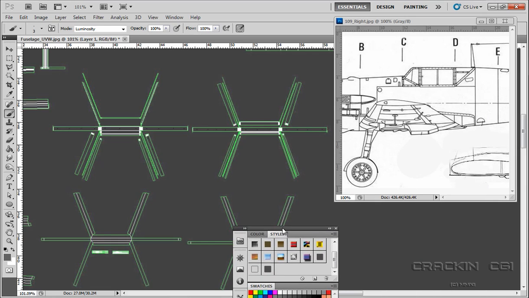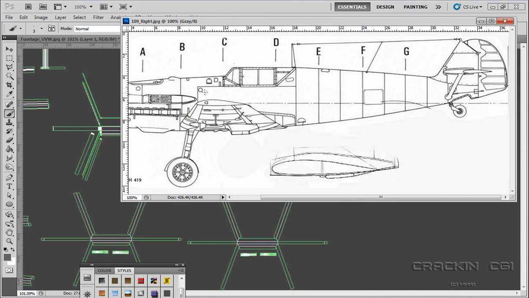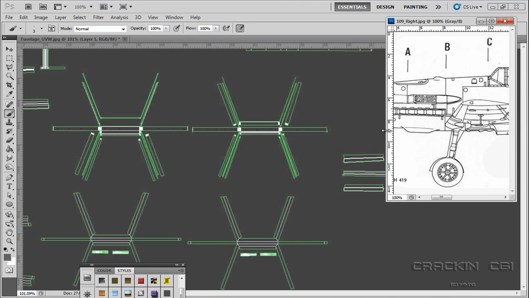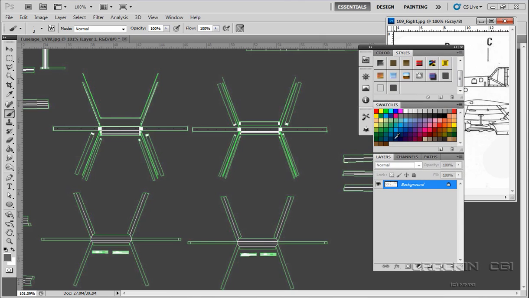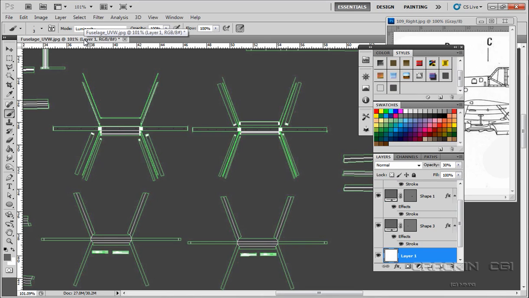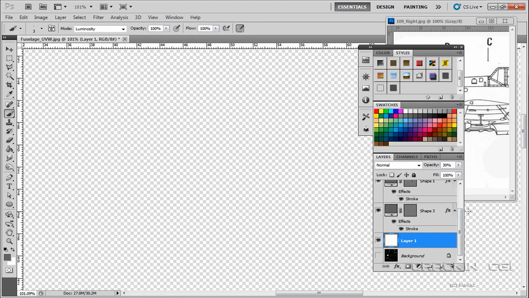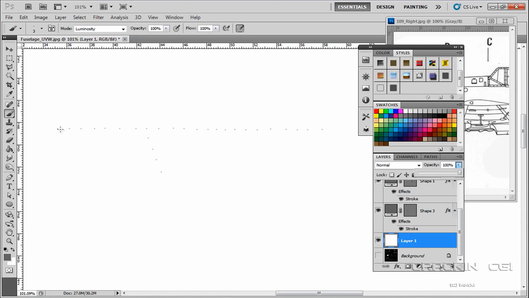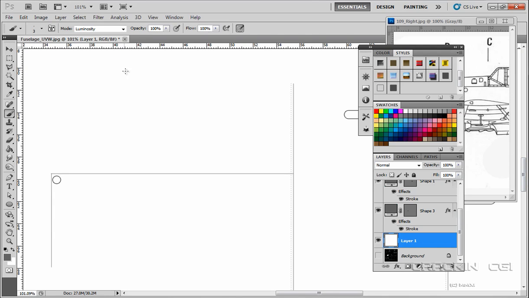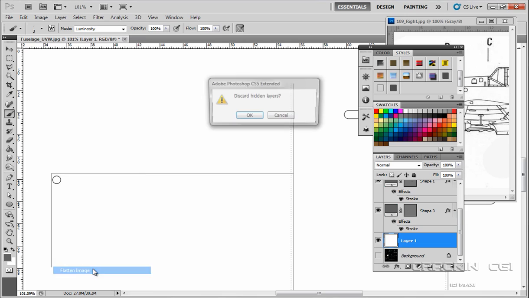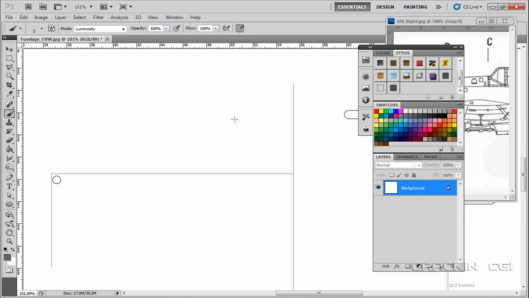Now, of course, what I would do is go around and create all of this where you can see lines and sections for rivets, put all this in, create that around there. And then what I would do is bring this up, select our image, pop down, hide the background, layer 1, opacity, bring it up to 100%, and as we can see here we've got our dots and other things there and our lines. Then up to layer and flatten image, discard hidden layers, say OK, but then I would say